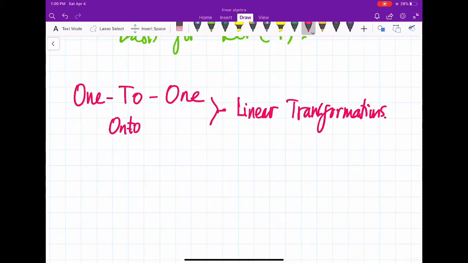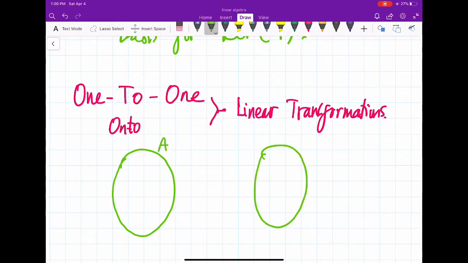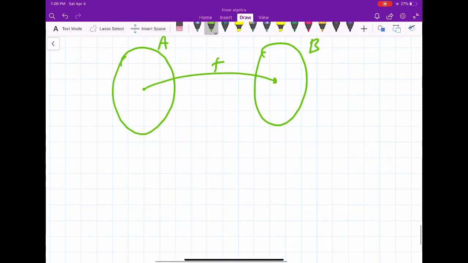Now let's talk about one-to-one and onto linear transformations. When you study functions, we study bijective functions, injective functions, or surjective functions, right? If you express that using the Venn diagram, you have a set A, and here's the set B. You have some function f. Function f is said to be one-to-one